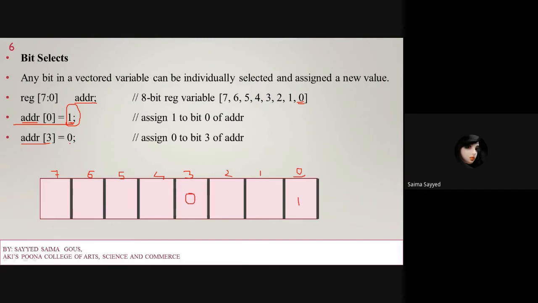So address 3 will become 0, and the others remain as they are, whatever the numbers were before. I have selected 2 bits from this 8-bit register, and I have permanently given the values 1 and 0. So at position 0 there is the value 1, and at position 3 it will be 0. In this way we have to select bits. Now, what is part select?